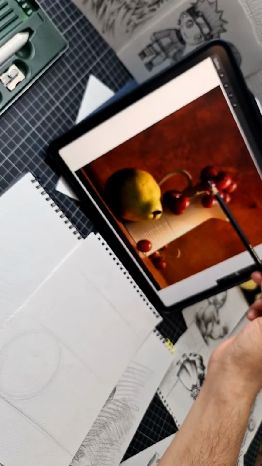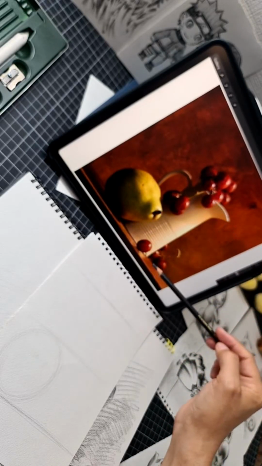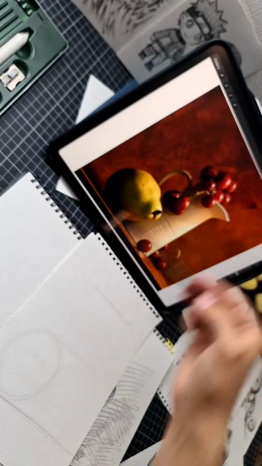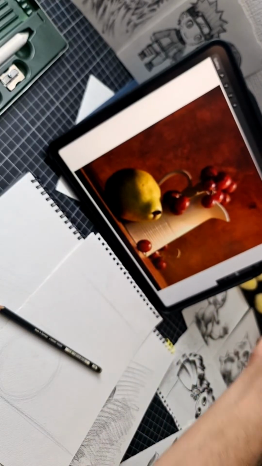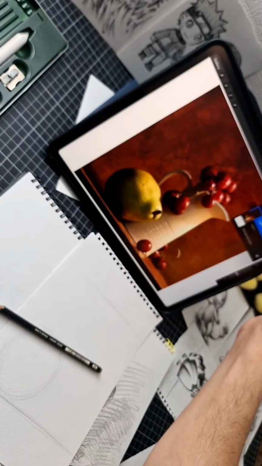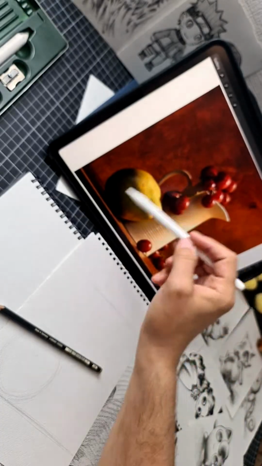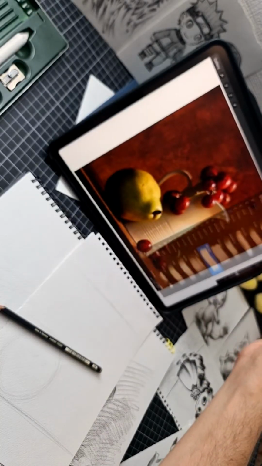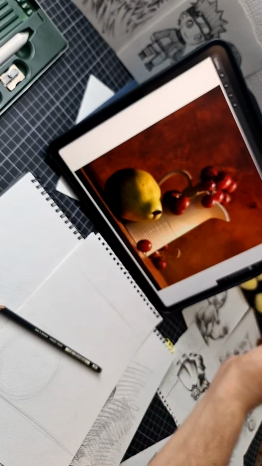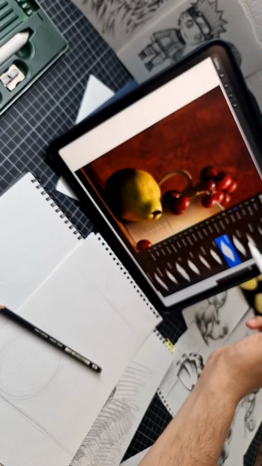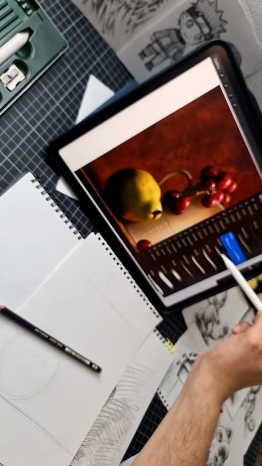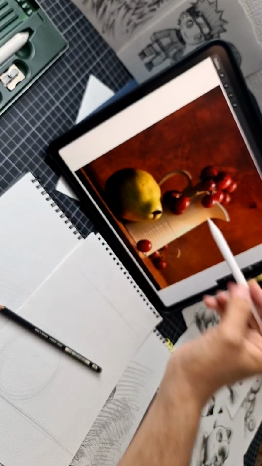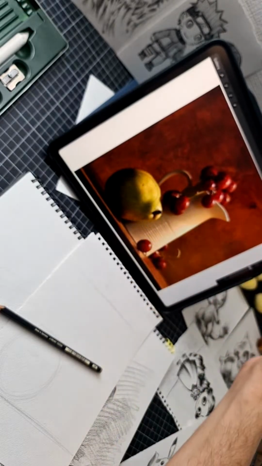But if I simplify it to a very simple rectangle, let me use my pen here. So when we did the pear, as you see, when we make it simple,